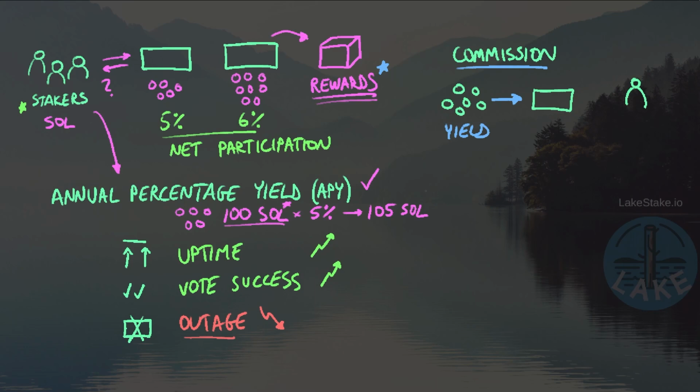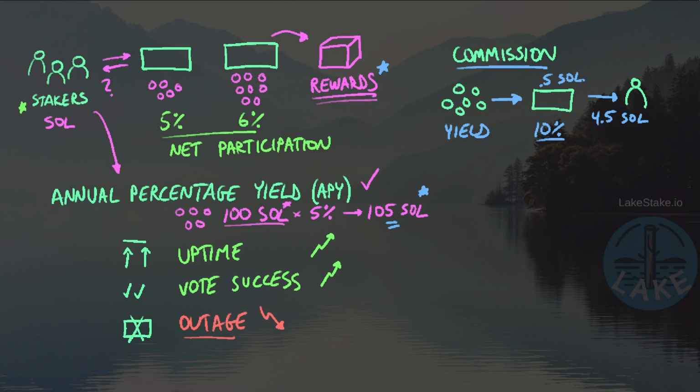So in our example earlier down here, this staker earned 5 SOL after a year had passed in that account. Well, let's say that that validator has a 10% commission set. They are going to take 10% of the 5 SOL that was earned, which means that in total, only 4.5 SOL was delivered to the staker. This commission becomes part of the rewards, meaning that this validator took 0.5 SOL over the course of the year from that one staker's set of rewards.